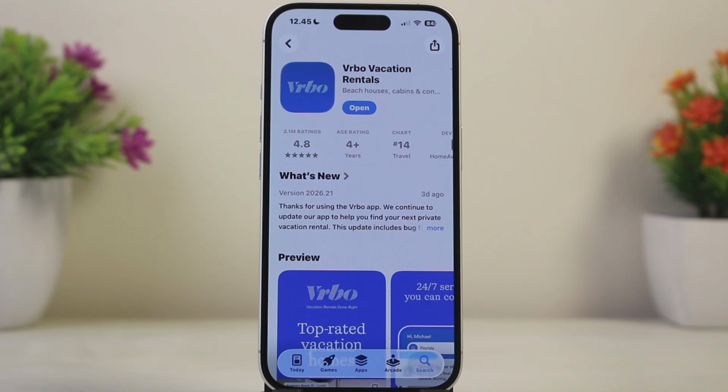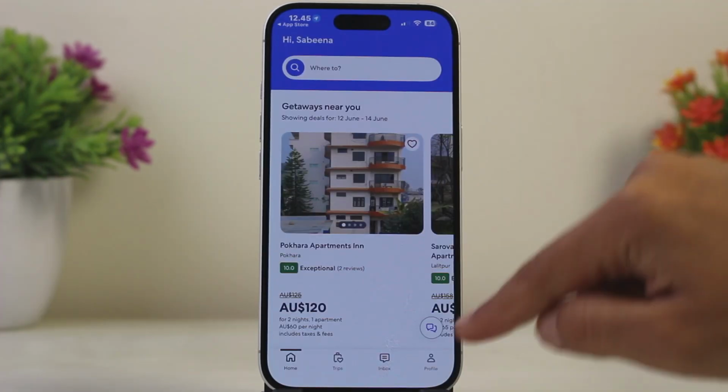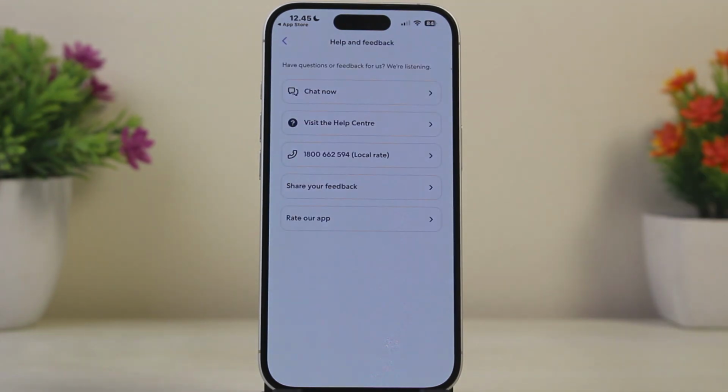Now, if the self-service fixes do not work, Vrbo also offers 24/7 support, which is one of the quickest ways to get help. Just open your Vrbo vacation rental app, then tap on your profile at the bottom right corner, then scroll down to help and feedback, and tap Chat Now for the live chat with a virtual assistant